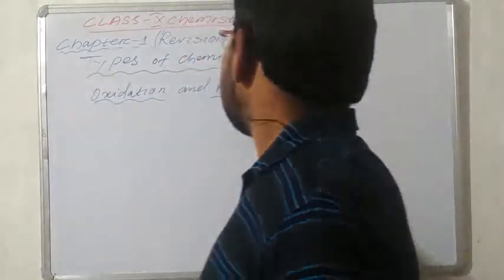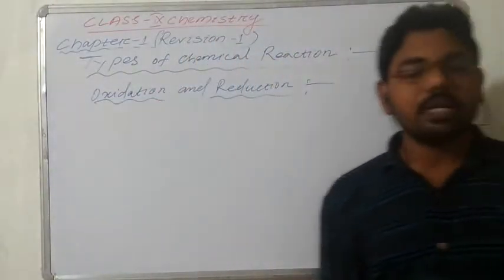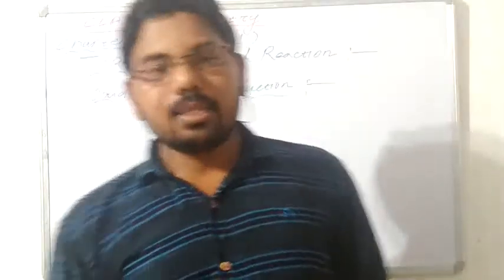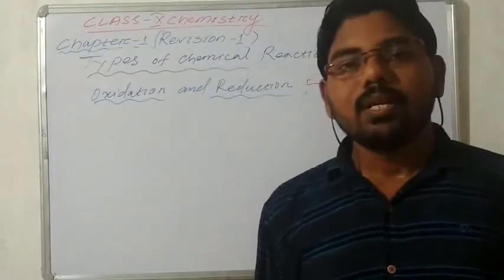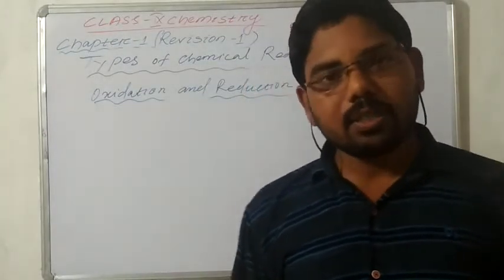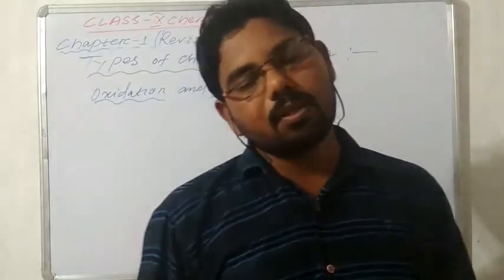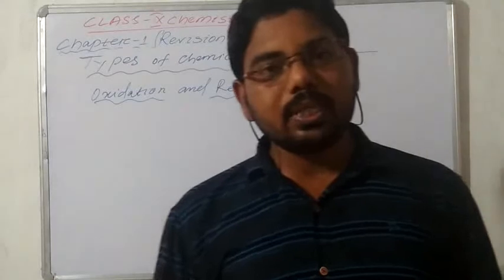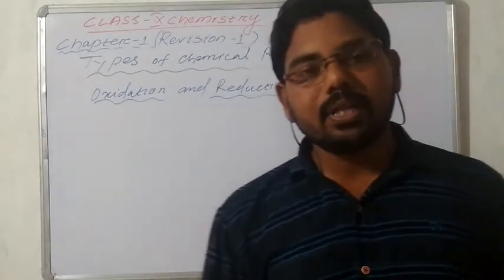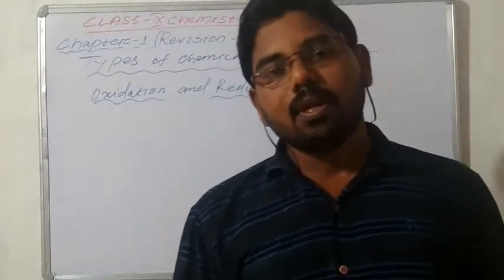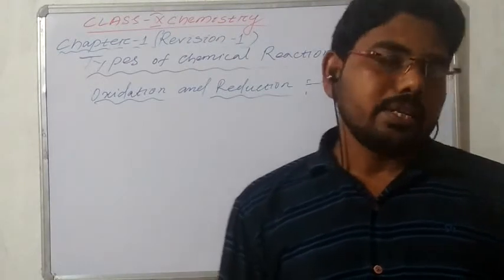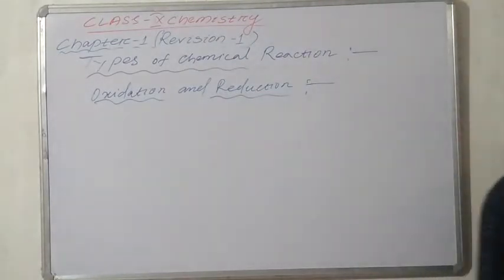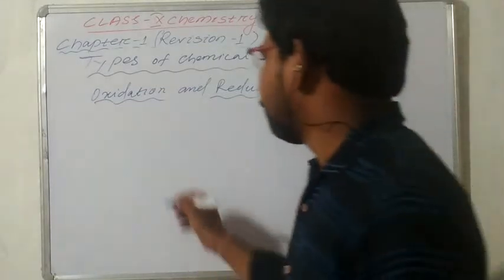Oxidation and reduction reactions. We have already discussed them. Oxidation means addition of oxygen and removal of hydrogen. Suppose in a reaction oxygen is added, then it is oxidation, and if hydrogen is removed, this is also called oxidation. Reduction is the opposite. A chemical reaction in which hydrogen is added and oxygen is removed is called reduction. Okay, so one example of oxidation and reduction: